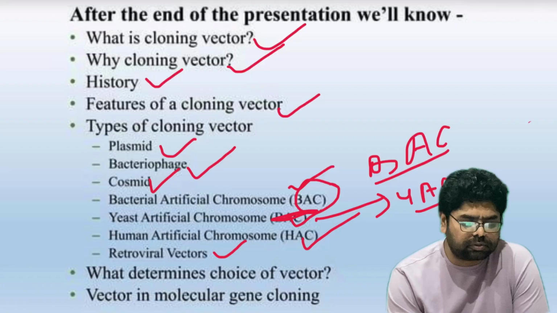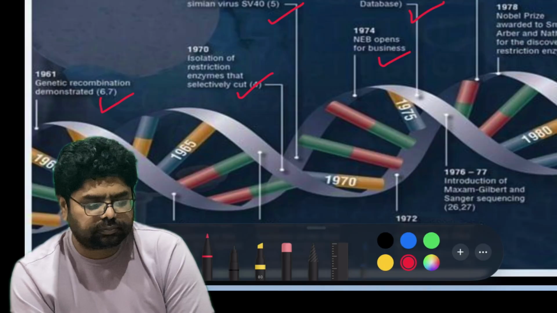Then yeast artificial chromosomes are there. It is written as YAC, not BAC. Then human artificial chromosomes are there. Retroviral vectors are there, which